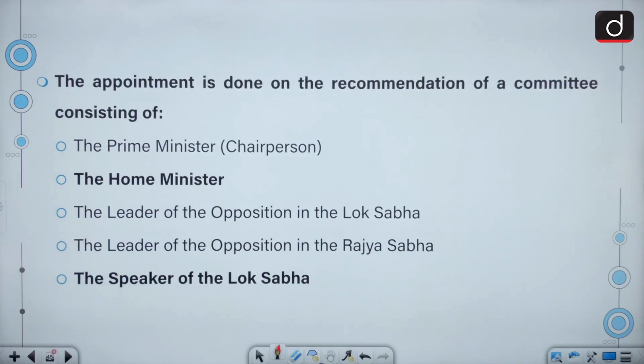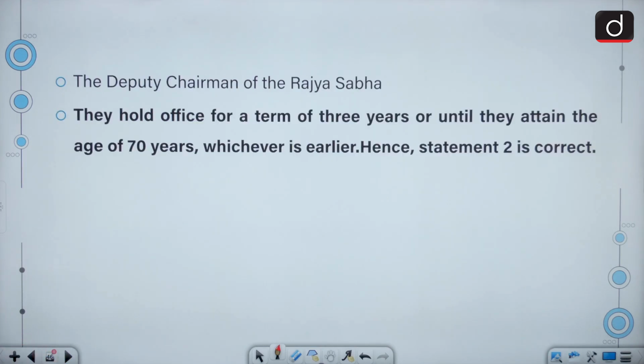The appointment is done on the recommendation of a committee consisting of the Prime Minister as the chairperson of the committee, the Home Minister, Leader of the Opposition in the Lok Sabha and the Leader of the Opposition in the Rajya Sabha, the Speaker of the Lok Sabha, the Deputy Chairman of the Rajya Sabha. They hold office for a term of 3 years or until they attain the age of 70 years,